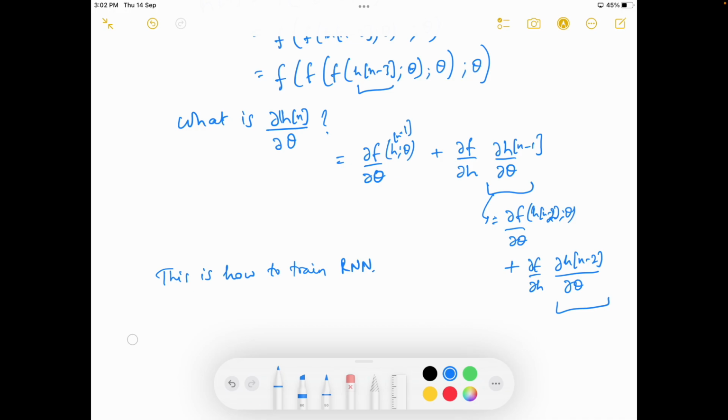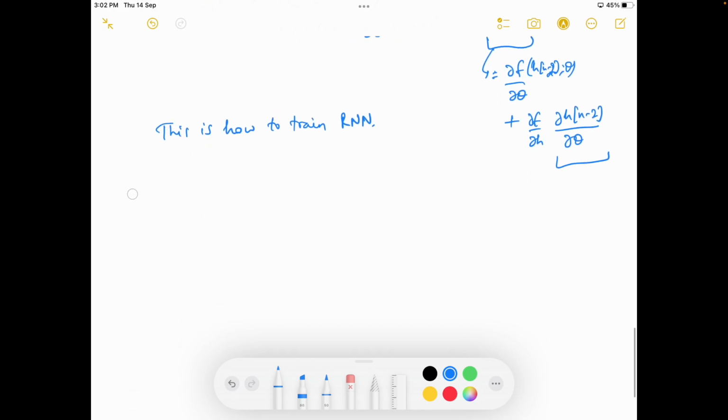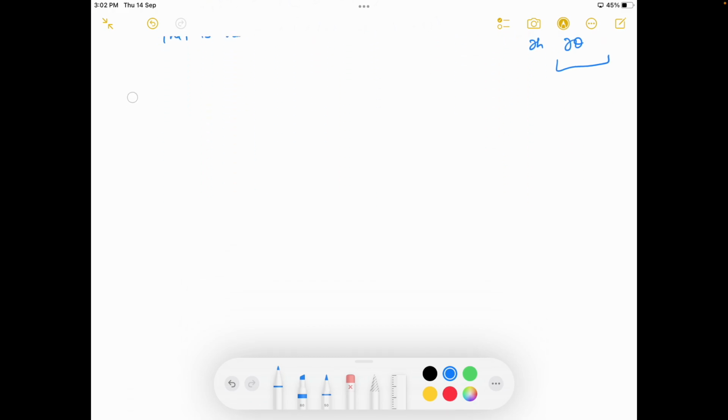Okay. I think I got your point. Why will there be a plus sign? Good that you asked the question. Now see, f is a function of theta and also a function of h. Okay, let me take an example. The best way to resolve this is to take an example. Let's say my y is, no, not y, it's h. Let's say my h of n